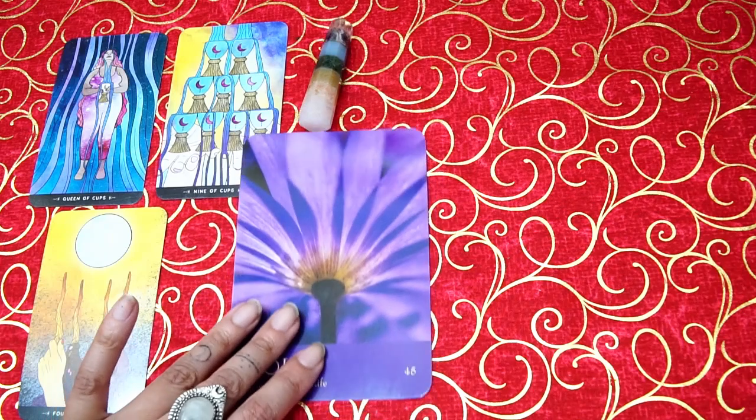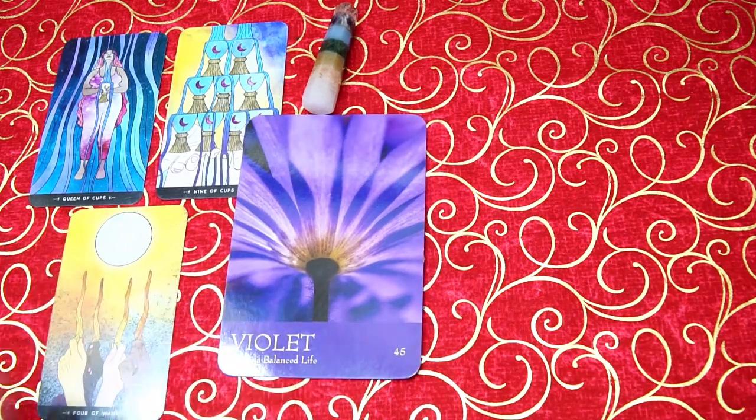Now, I want you to work with violet or purple or indigo colors. Okay, this is going to help you create a more balanced life where you can express your passions out loud, your ideas, the things that you love, the things that make you happy. You can express these and speak about these and talk about these and accept these, like verbally, expression wise,